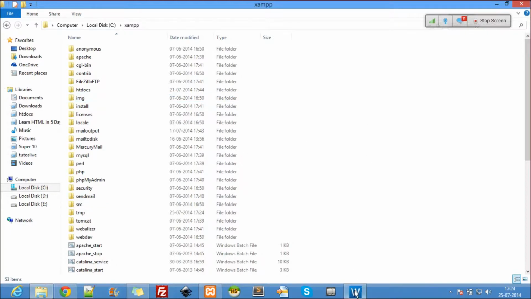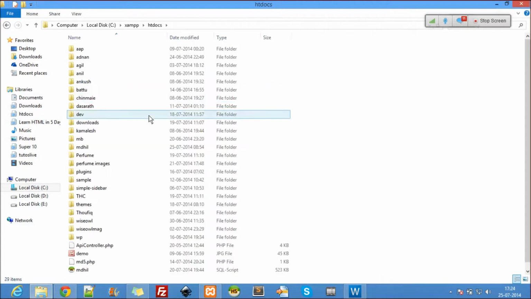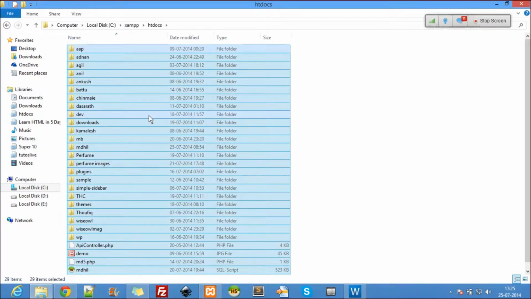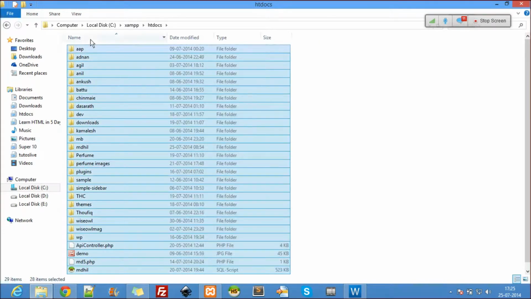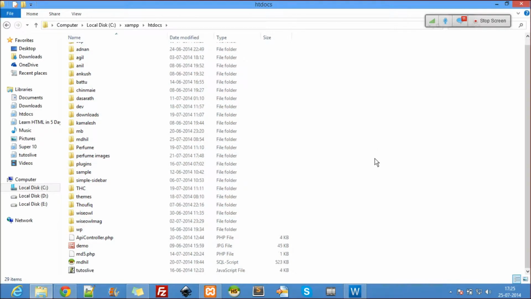All right, double click on it. As soon as it opens, go to this folder, htdocs. This is all we really require. Go to htdocs. We are in your fresh installation. Control A and Shift Delete everything. You don't need anything over there. Control A and delete everything which is inside the htdocs folder, not the htdocs folder itself, only what is inside it. You don't need that.